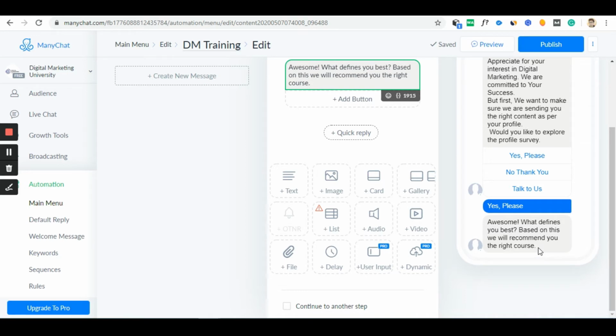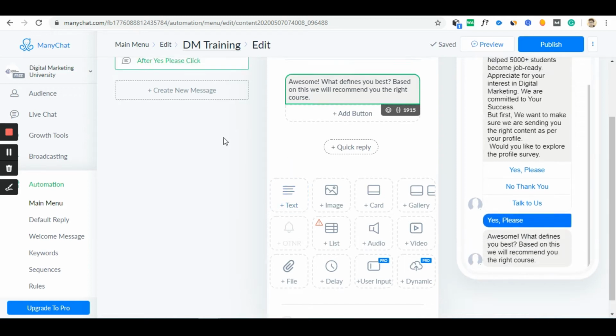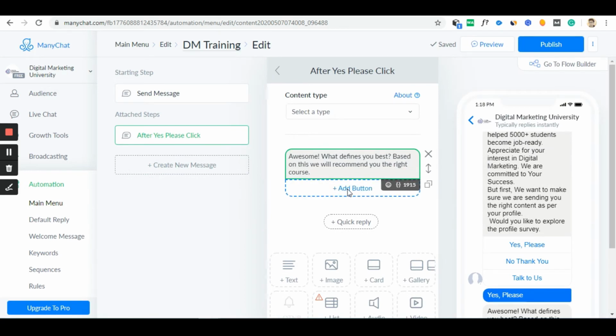So I'm not just saying that I'm going to gather some information about you, but I'm also supporting it by stating why I am collecting your information. So this gives a promising perspective to the user that, hey, this guy is collecting my information so that he can serve me better. So here I have already proved to them that I'm collecting your information, but this is for a reason. And then I can add the buttons.